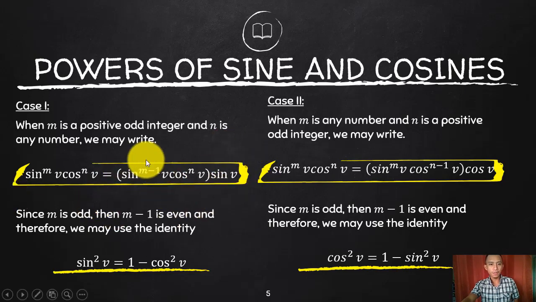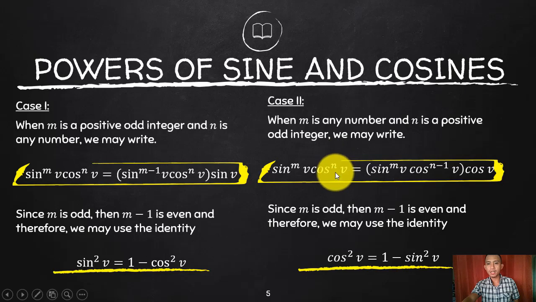Why? Because if your function is cosine of the angle and you have its derivative, sine of the angle, isn't it that the derivative of cosine is sine with a negative sign? So we only need to put a negative there, and that will be integrable by power rule. That is reversible with case 2, because in case 2, instead of m being the positive odd integer, it is now your n, and m is any number. If your n is the positive odd, then it goes the same way as this.